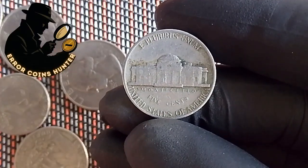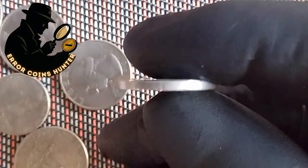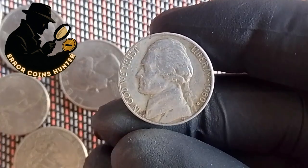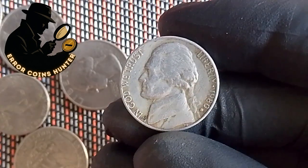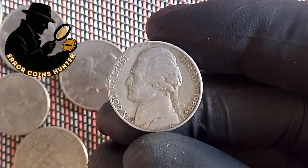Margaret consigned the coin to Heritage Auctions for their April 2011 Long Beach signature auction, and the pre-auction publicity was massive. Featured stories in the Wall Street Journal, Forbes, Bloomberg, and numerous numismatic publications, television appearances by Heritage representatives discussing the coin, and intense speculation about what price it might achieve, because there was simply no precedent for such an